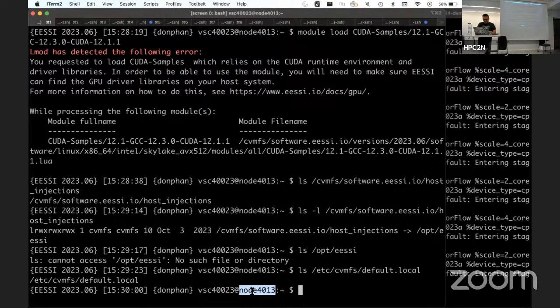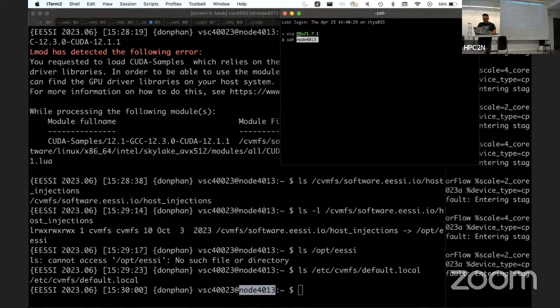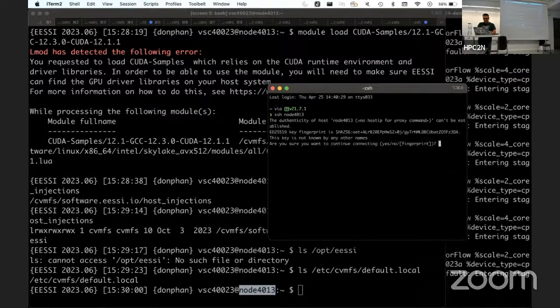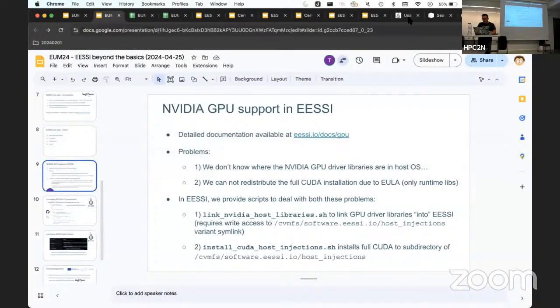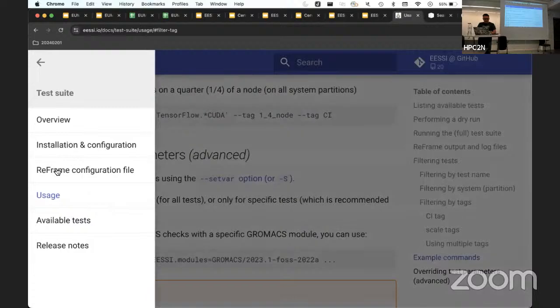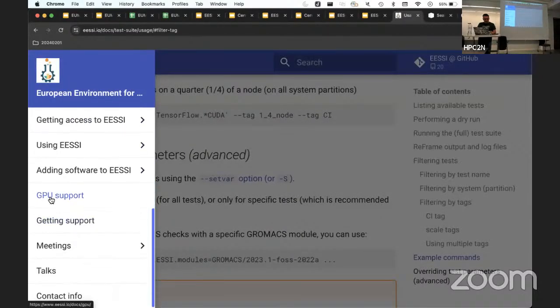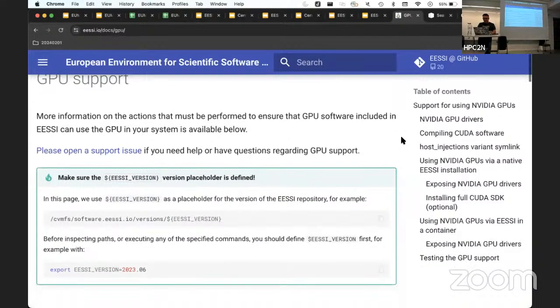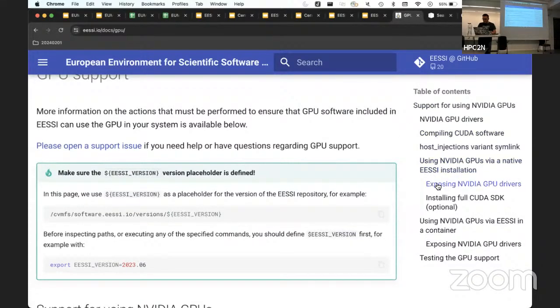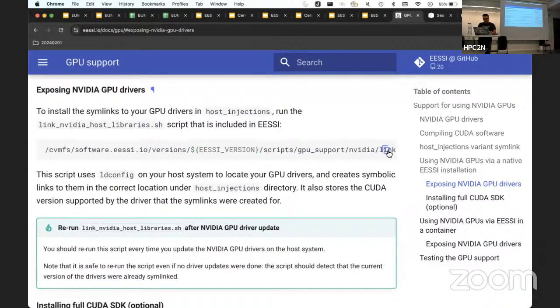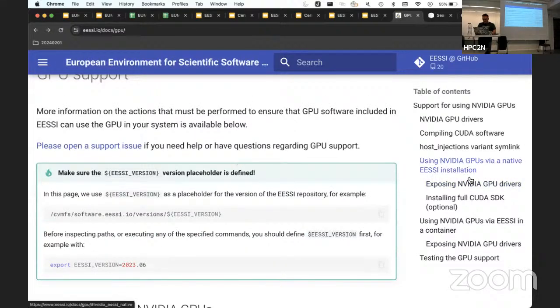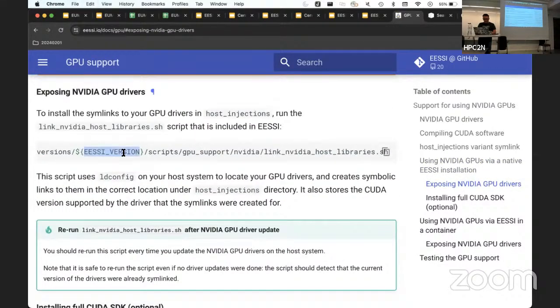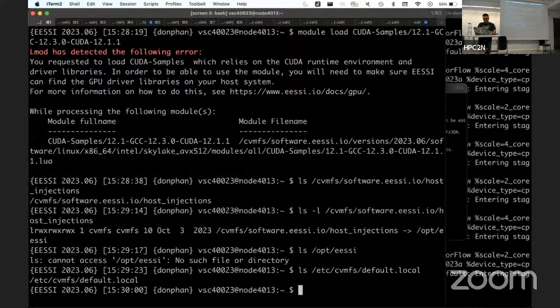Now let me be a little bit naughty and actually log into this system. Now let me maybe also show you what happens if you're not being naughty. So in here, GPU support. This explains it all in detail, what's going on. We're looking at exposing the NVIDIA GPU drivers. We ship the script in EasyBuild itself, right? So you don't need to download it from anywhere. You just need to make sure that this is set, and it should be set